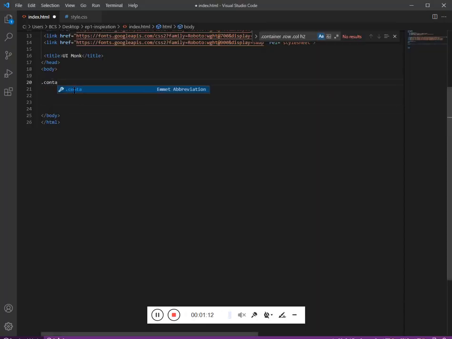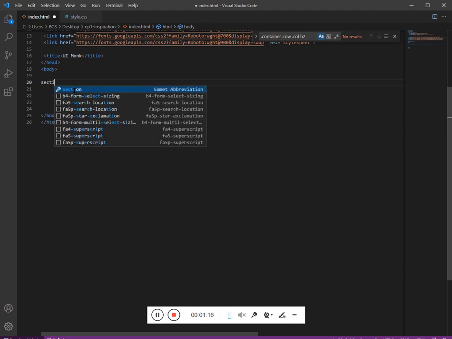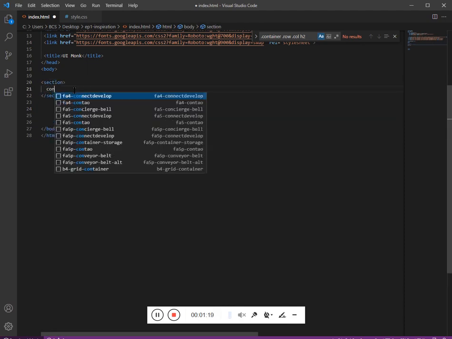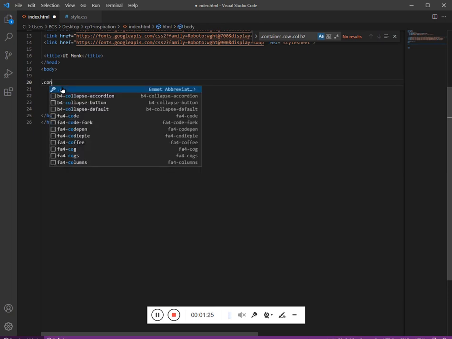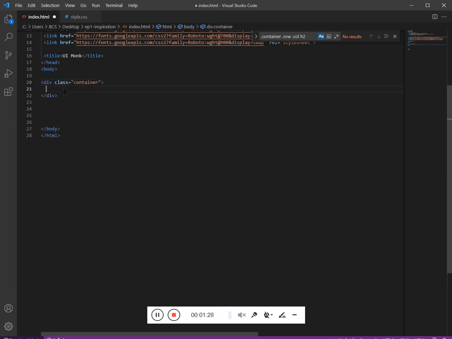Container. So let's create a section. Inside the section, that's alright, we directly write container. Inside container we have row, inside row we have column. This is going to be two columns.